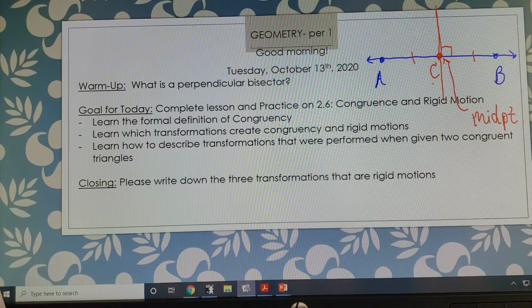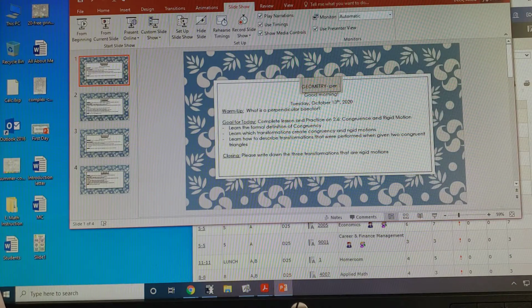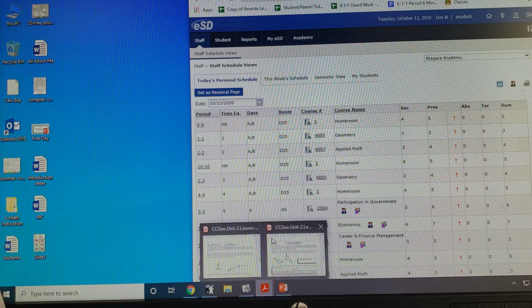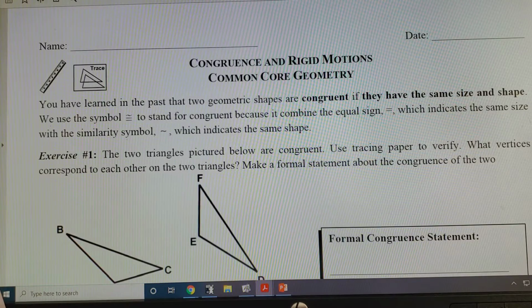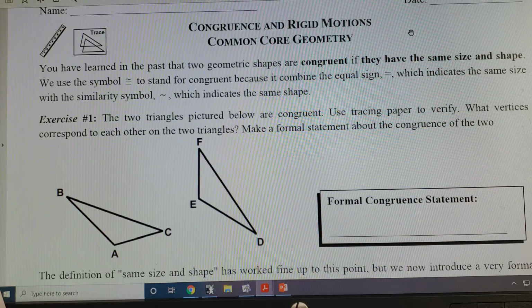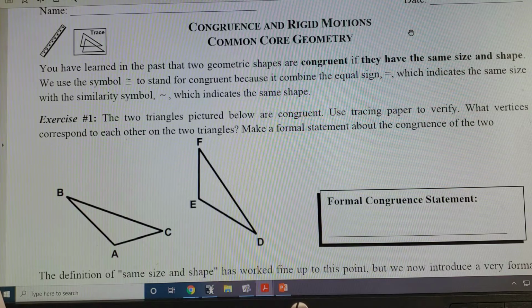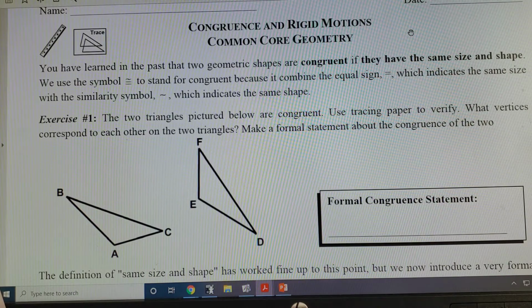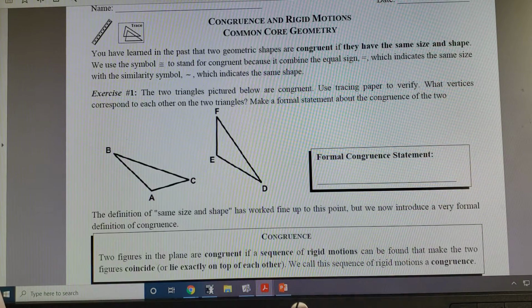So, I'm gonna pull up the lesson. I don't remember what page this is because I know that everything got copied out of order. But it should look like this. Congruency, rigid motions, lesson 6. Perfect. All right, so we're on page 26. I'm just gonna zoom out a little bit because this is pretty zoomed in. Okay, so it says,